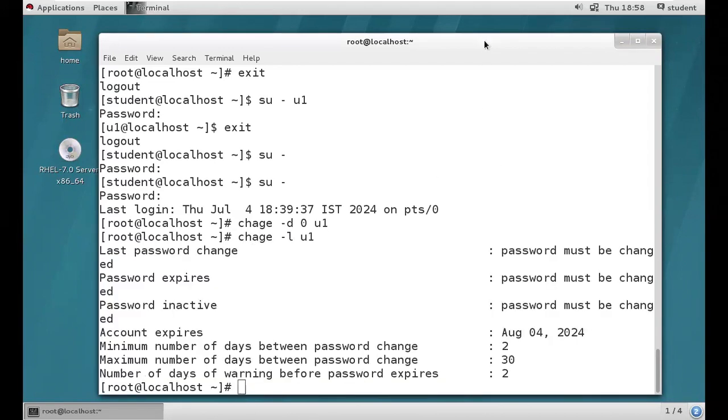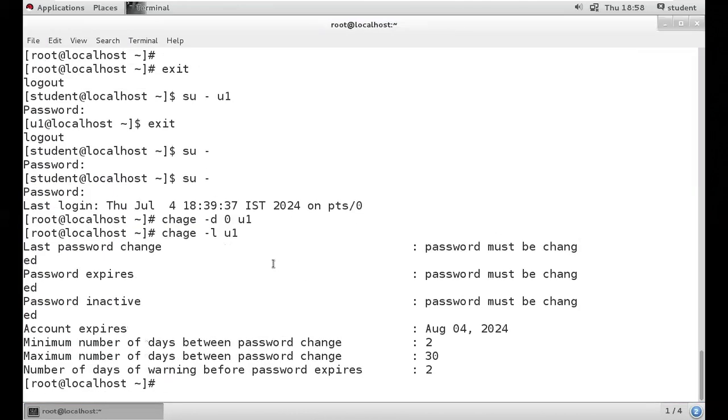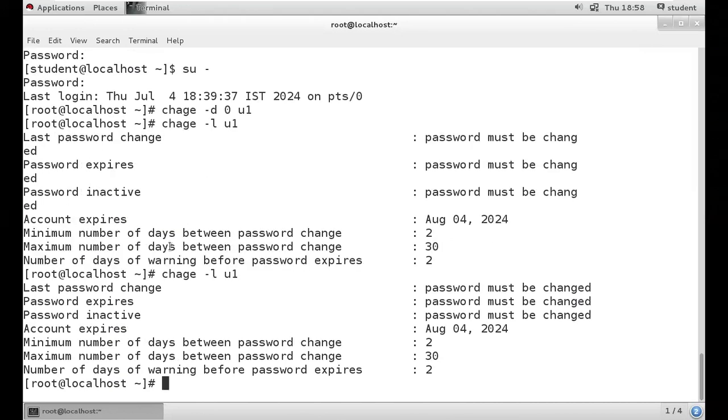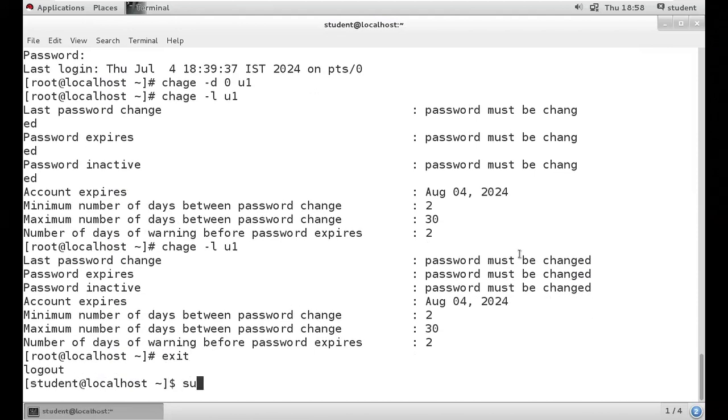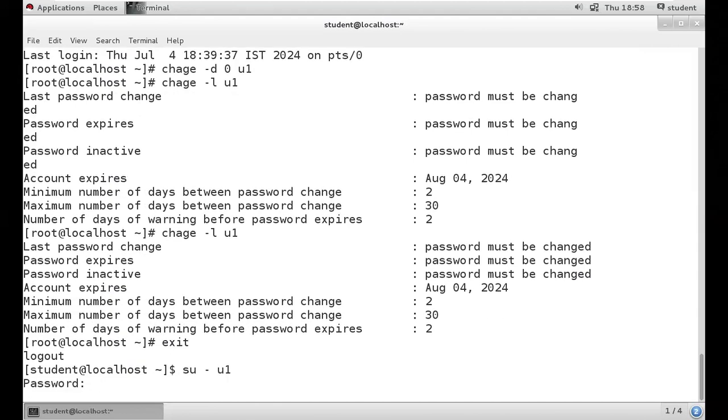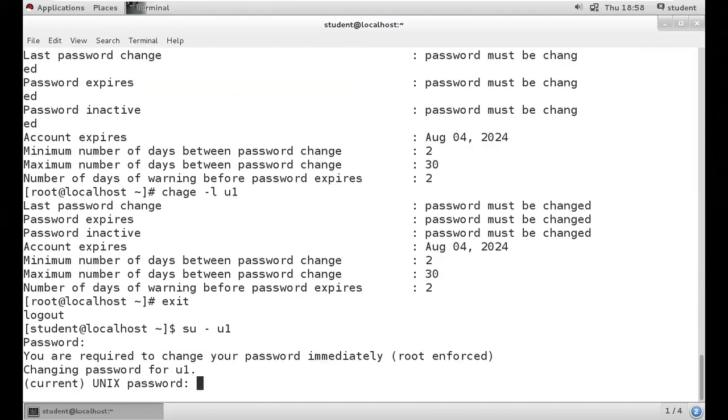See, password must be changed. Got it, guys? So it's saying, boss, you need to change your password. Exit from the root user, log in with the student user to u1. Then we need to provide the old password.